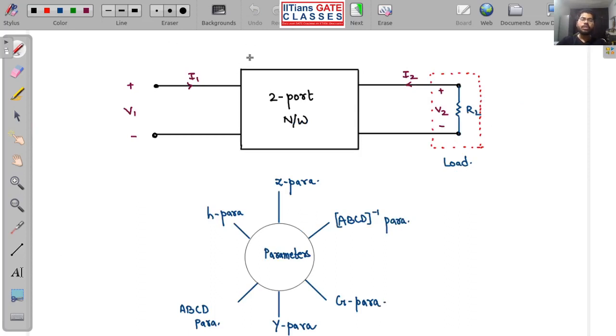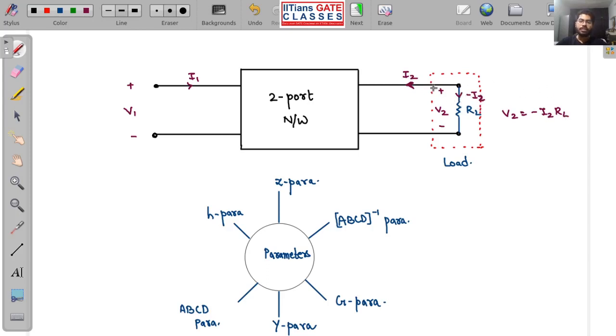So if I want to say what a two-port network is, you can see this is my input current. But now suppose I want to calculate V2, and I have a load resistance here. So what will V2 be? V2 will be equal to minus I2 RL. Why minus I2 RL? Because the sign of V2 is like this, from positive to negative, and we know that current flows from positive to negative. So if this is the direction of plus I2, then minus I2 will be in this direction. So V2 is equal to minus I2 RL.